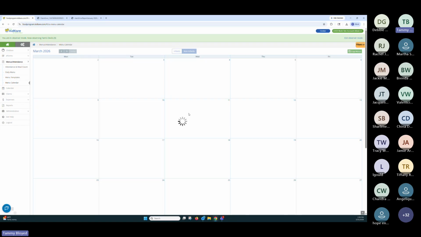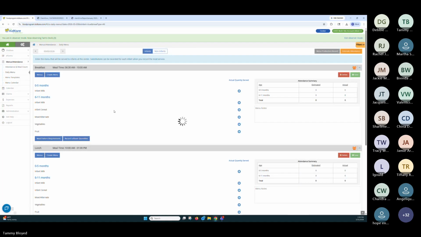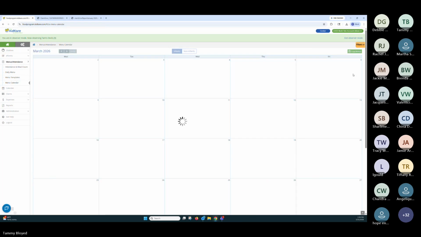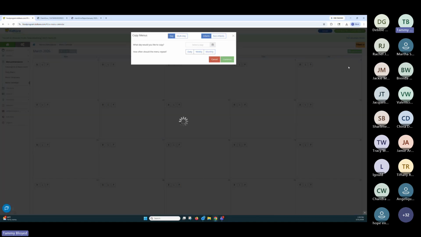If you are using the exact same infant menu, our standard easy infant menu, which I think this one is set up as, yes, it is, then you'll use copy menus. You'll take it for just a specific day. Make sure it stays on infants, a specific day. You select the day you want. They're all the same, so it shouldn't matter what day you start.